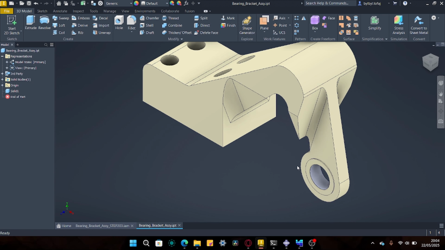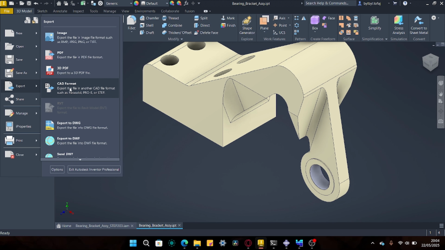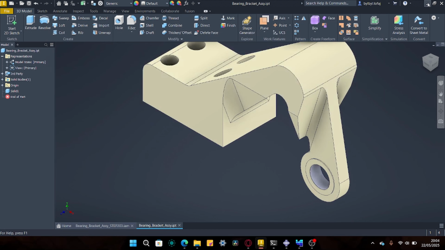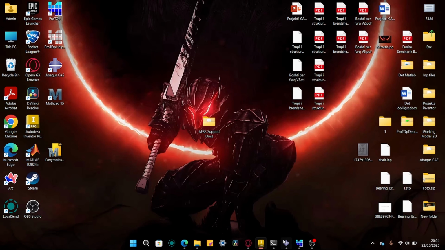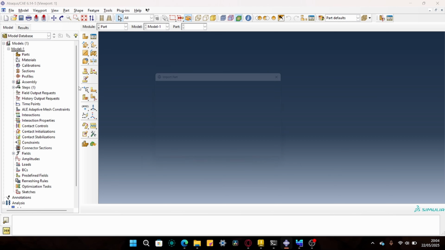So I changed that also, and then I just exported this as CAD format, and then as an IGS file, and saved it. And after that we open Abaqus, we go and import as a part,